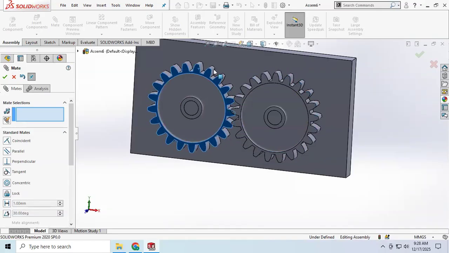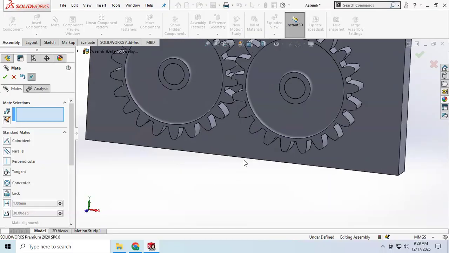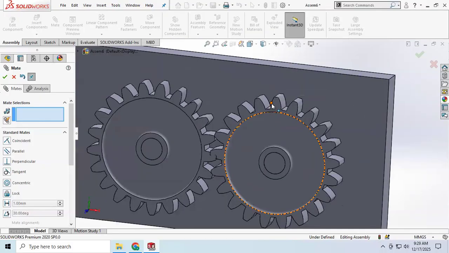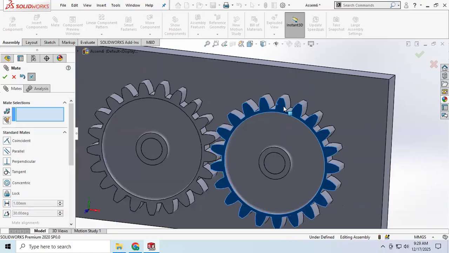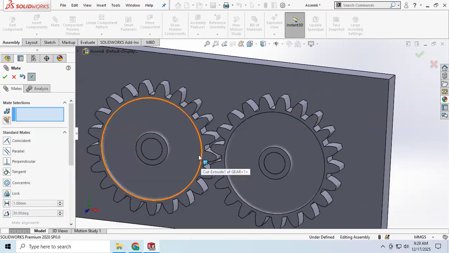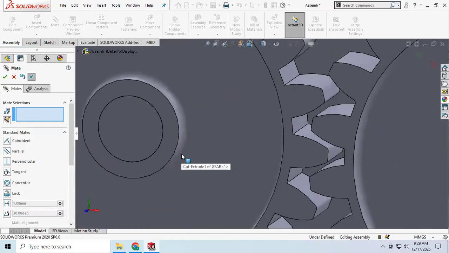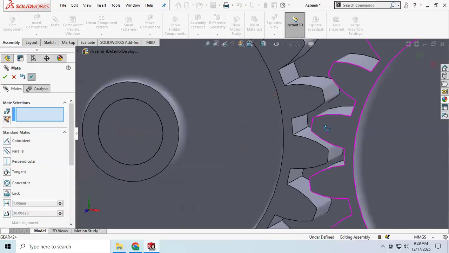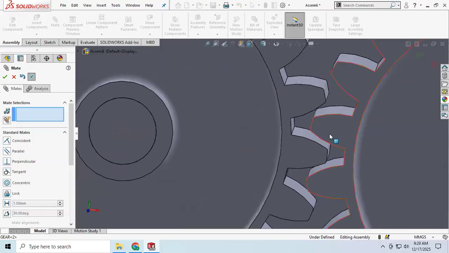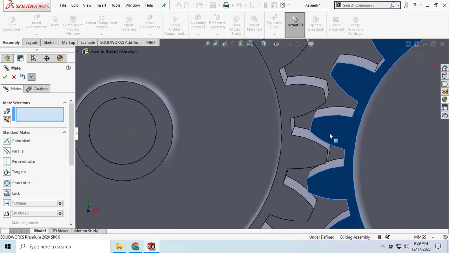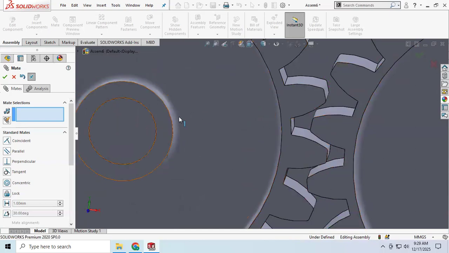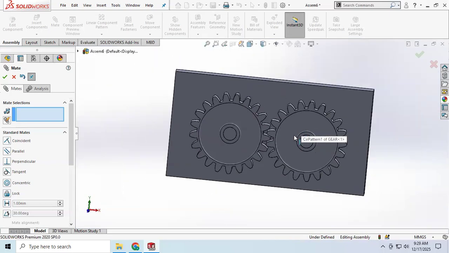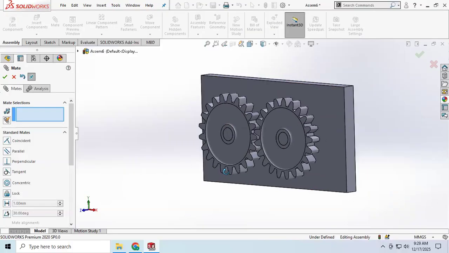But I want to do one thing. If I rotate any one of the gears, the next gear should always rotate accordingly, with the teeth aligned. Aligning the teeth is better, and then one gear rotates the other. For this part, what can we do? For this version, we can do it by using the